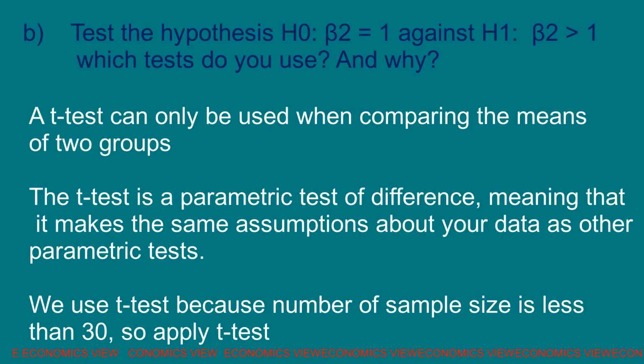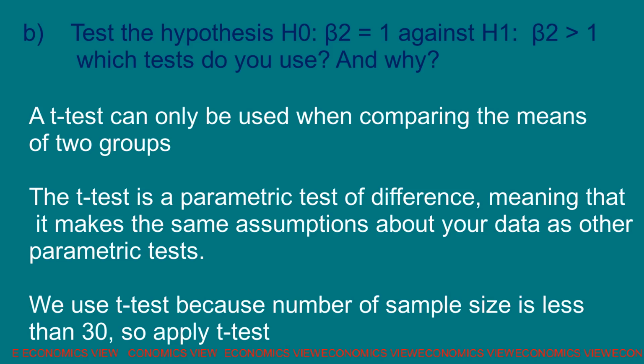In part B of this question, they have asked what type of test we have to use. In this case we can use a t-test. Here the hypothesis is given as equal to 1 and greater than 1, which means that a one-tail test should be used. The significance level is 5%, that is 0.05, and the degree of freedom we can calculate as n minus 2